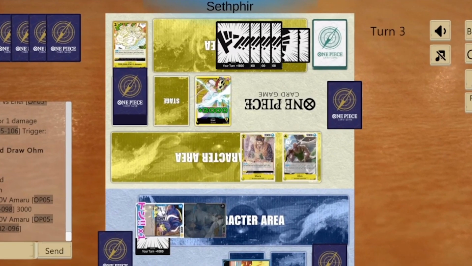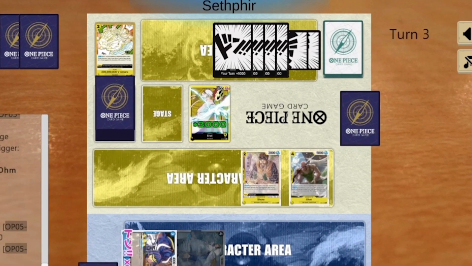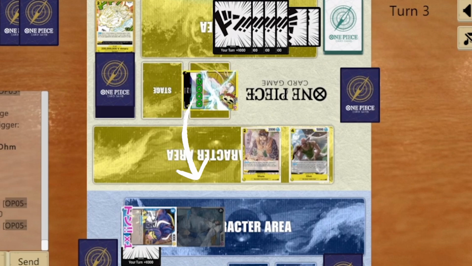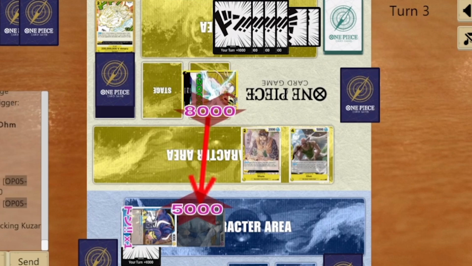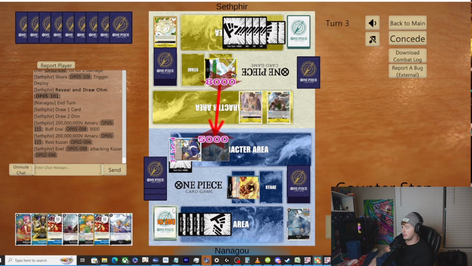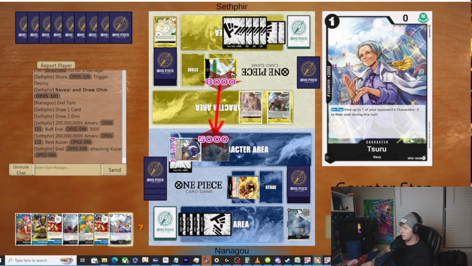So the Amaru right there is a good idea. Rest the Kuzan and then plus 3,000 to the Ohm. And this is actually not a bad play at all, right? So what happens here is he counters out of the 8K, but at the same time, it's not a horrible